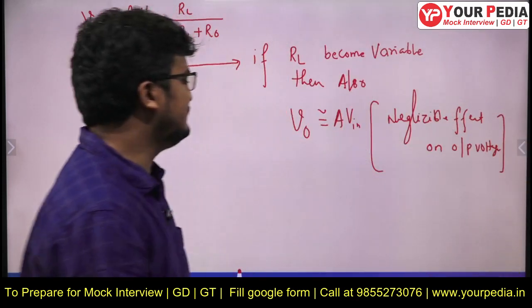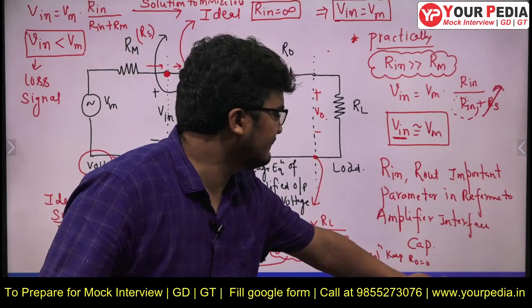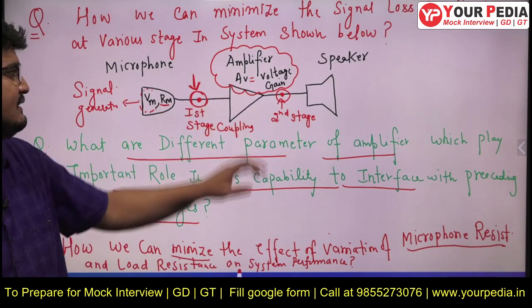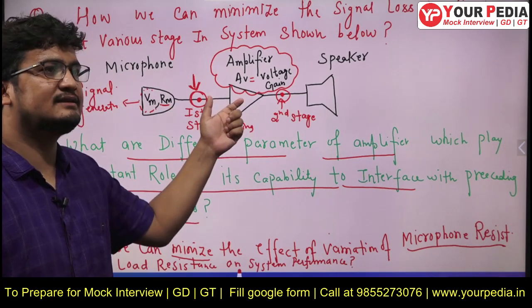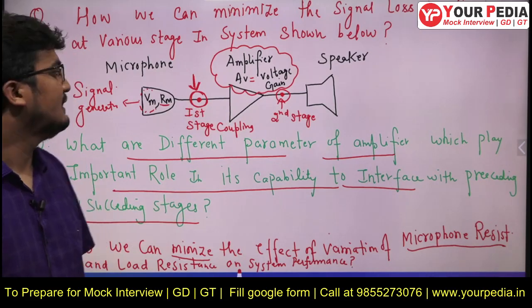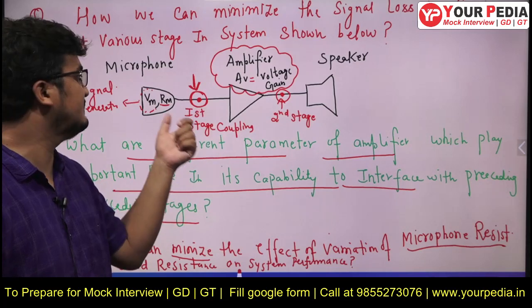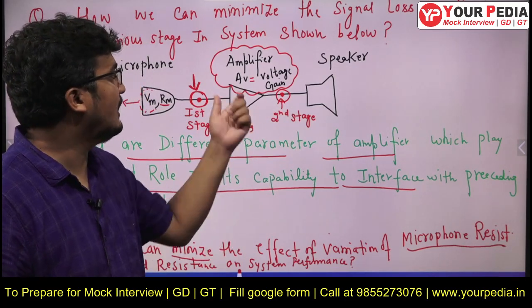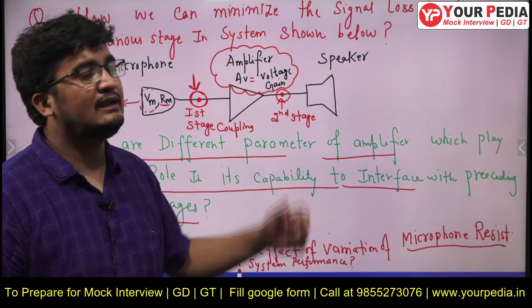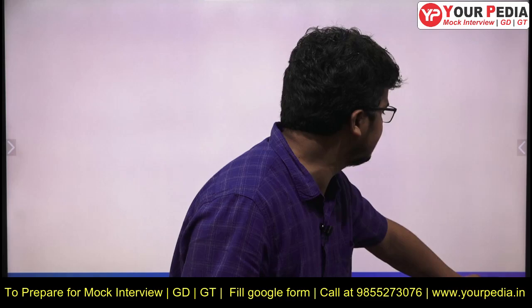So like this you need to present the entire discussion. These are the parameters which will give the justification. Under such a condition, what should your amplifier selection be? Your input resistance should be infinite ideally, and practically very much greater than this Rm. Your output resistance should be 0 ideally, and very much less than RL practically. Fine. So this is all that I have discussed in the solution. Check it please.